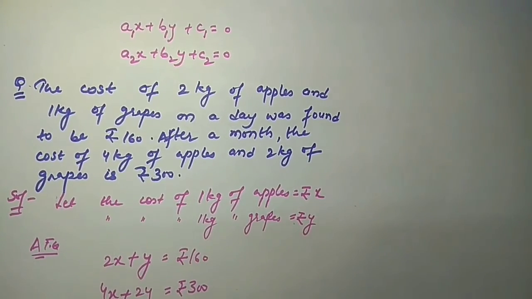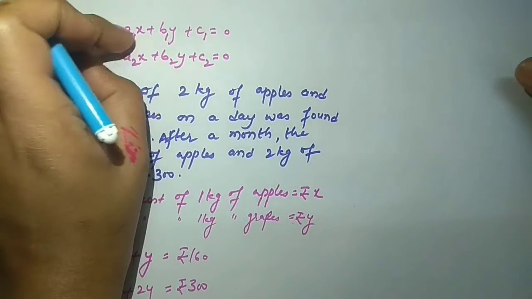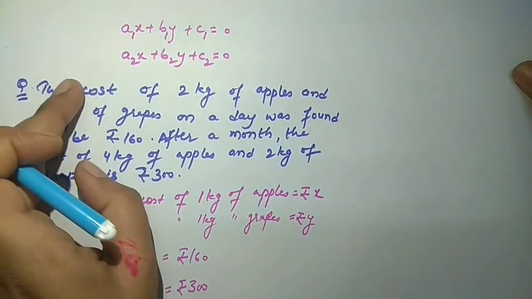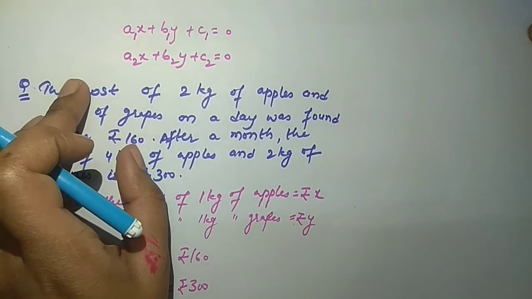We know that lines can be of various types. The pair of lines can be intersecting, coincident, or parallel. Now, there are some conditions by which we will come to know what type of lines they are and what type of solutions they would have. So, there is the first situation. Consider these pair of lines, a1x plus b1y plus c1 is equal to 0, and another is a2x plus b2y plus c2 is equal to 0.